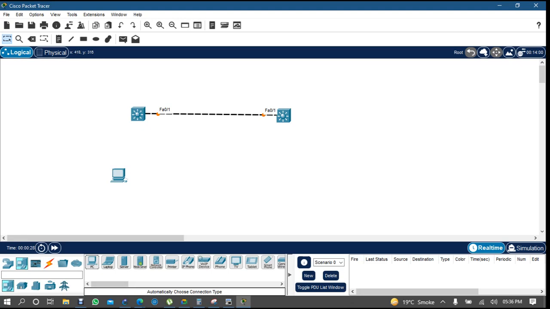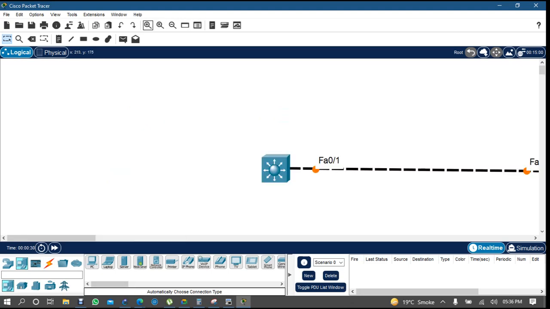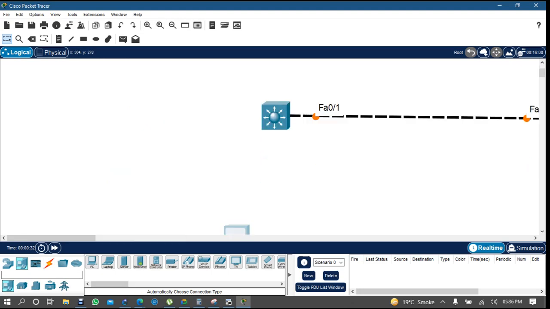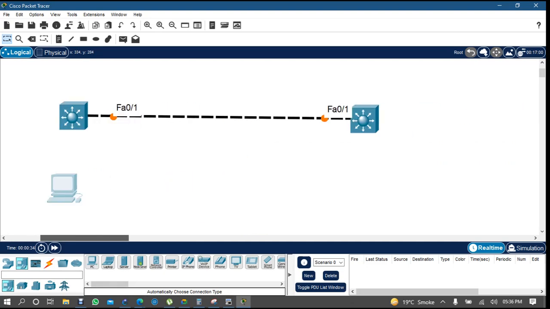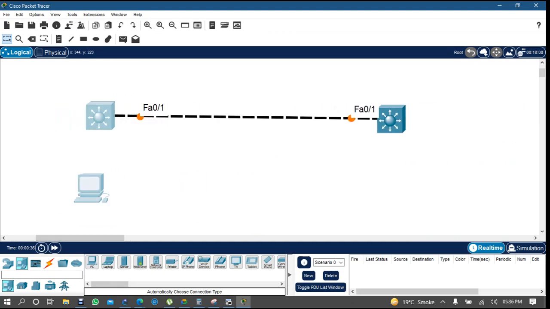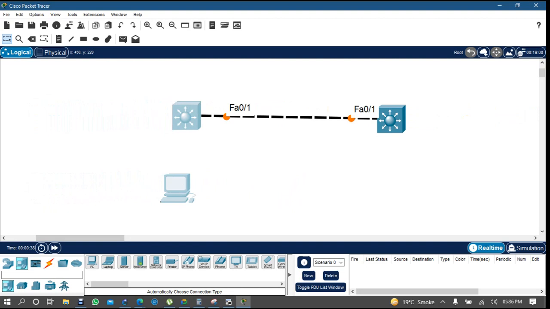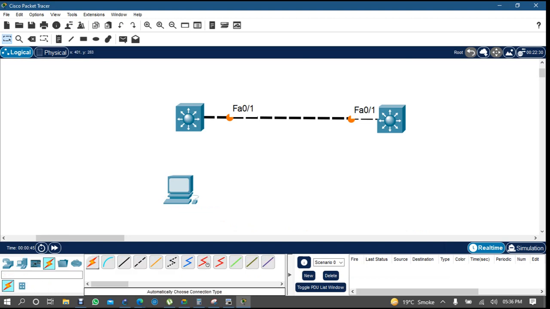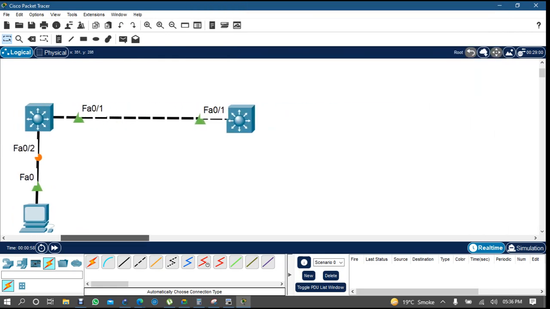Let's take this switch, PC. So normally we know that when we connect ports to a switch, it takes a long time, right? 30 seconds. See, it's still this switch is taking. So what I will do, I'll come to my switch,